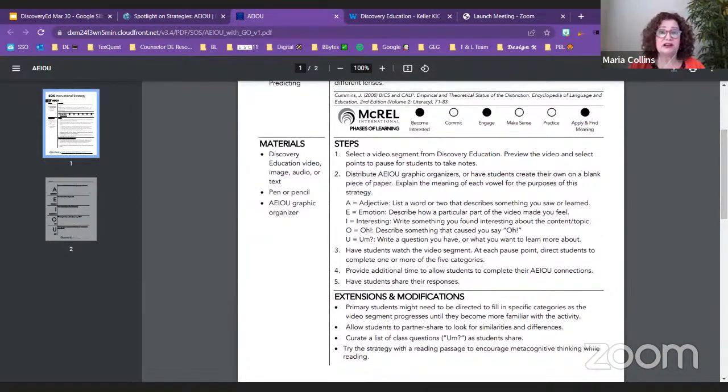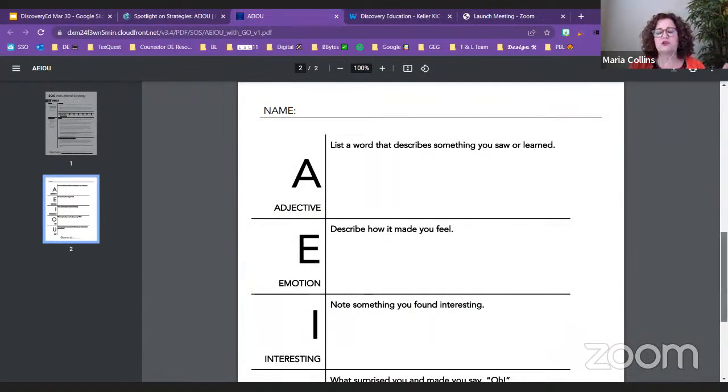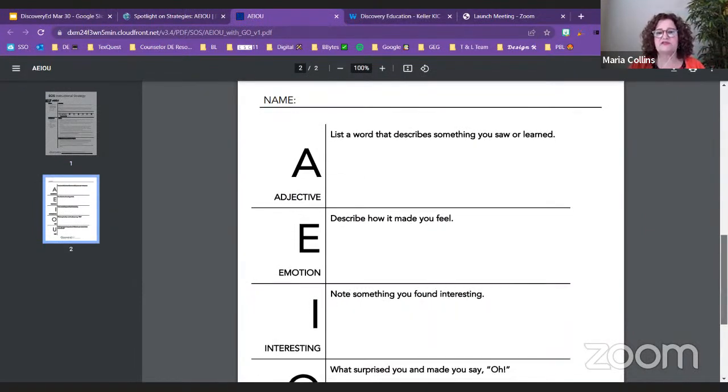And then I will tell you, I changed just about everything that I ever use. So I usually take their steps and then I kind of Maria-size it, make it my own. So I'm sure you will do that too. But then here's my favorite part. If there's a graphic organizer, they have created it for you.